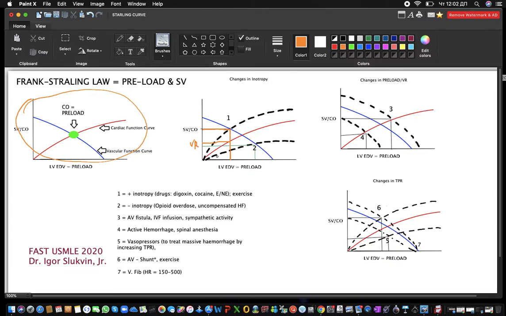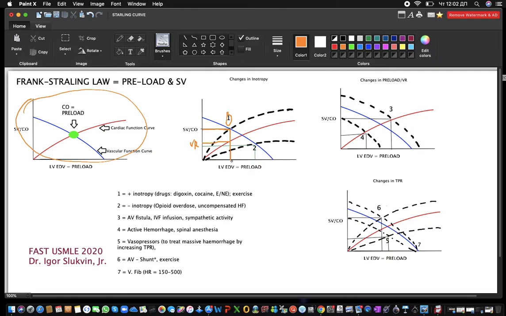With the normal cardiac function curve, for this venous return, we should get this end diastolic volume. At point 1, we have more venous return, but still the same end diastolic volume. So just thinking through this logically,